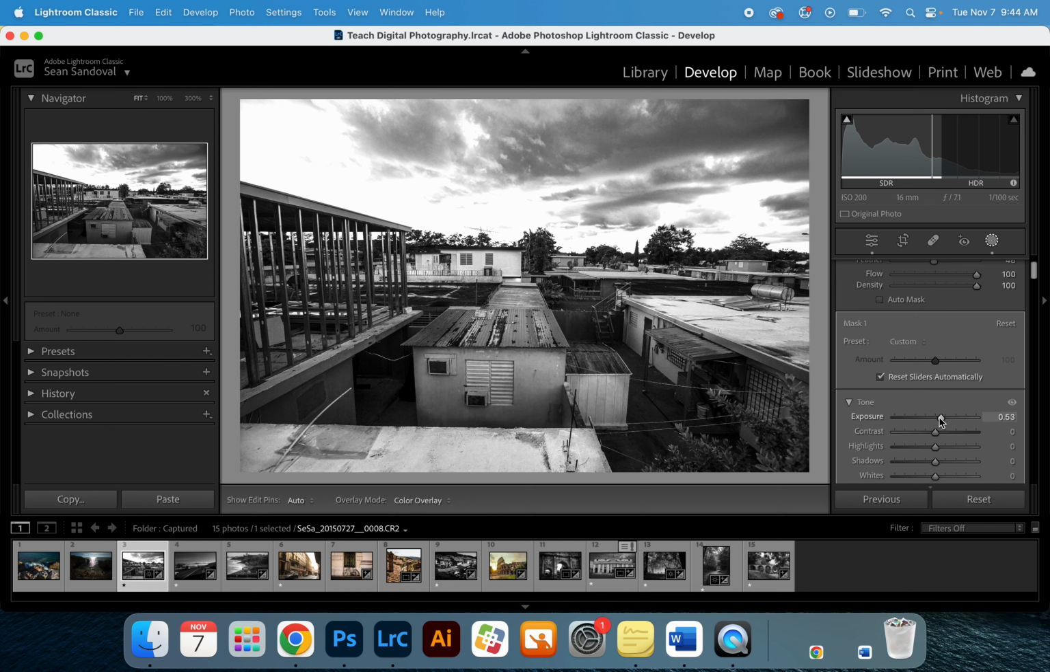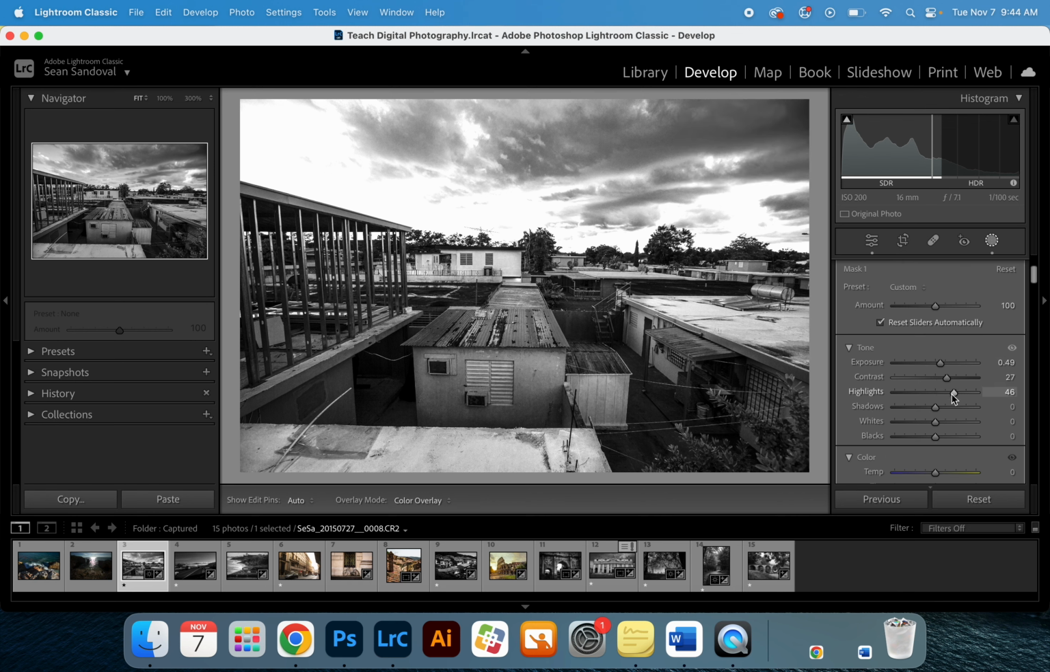So for example, I'm going to raise my exposure just a little bit, and we have some more light on these buildings over here, and that's looking pretty nice to me. We can even add a little more contrast. So all of these adjustments to the right, they are adjusting specifically where I brushed and nowhere else in the